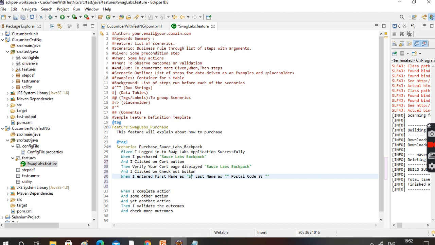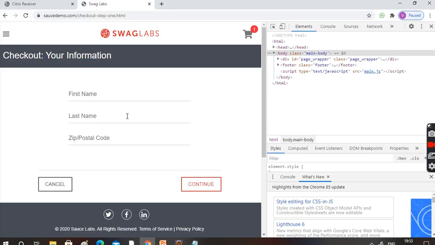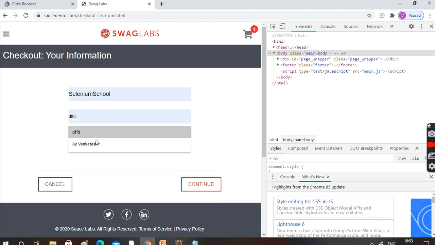You can provide the name Selenium School by Venkatesh. Postal code you can mention 62750. Okay. After filling this, Selenium School by Venkatesh, done.